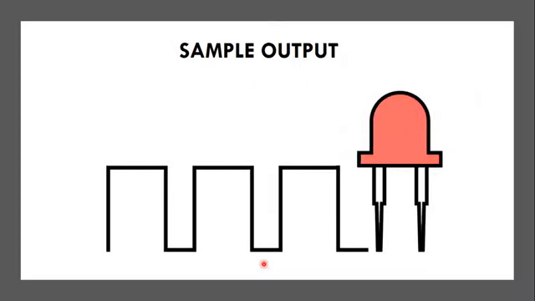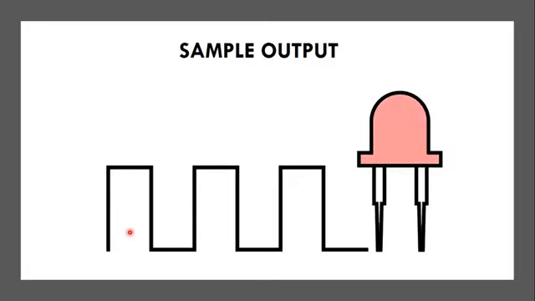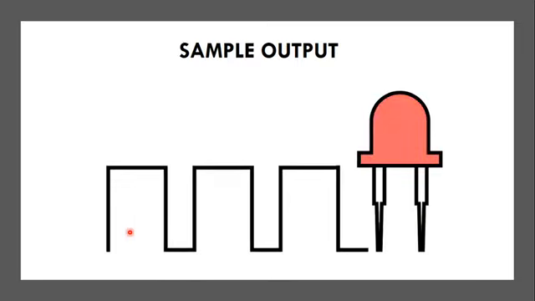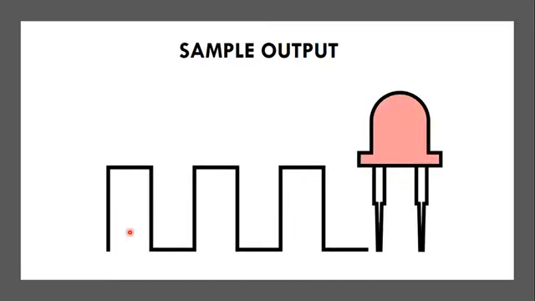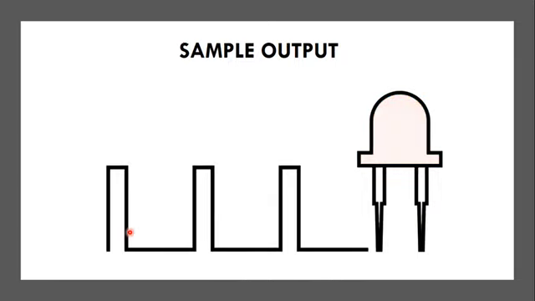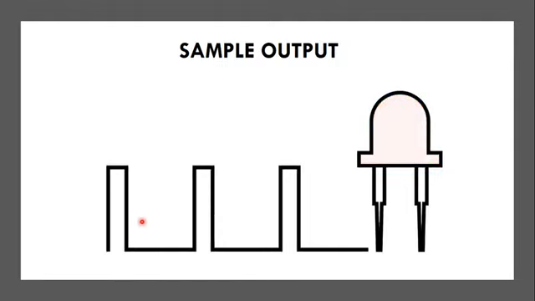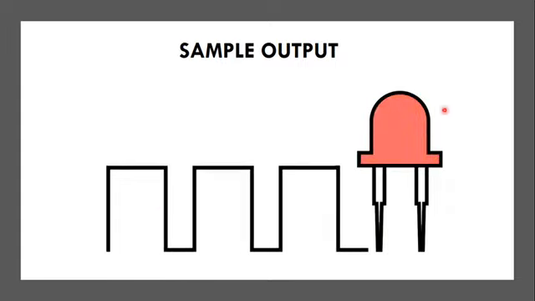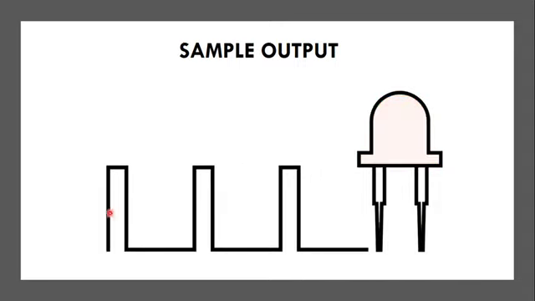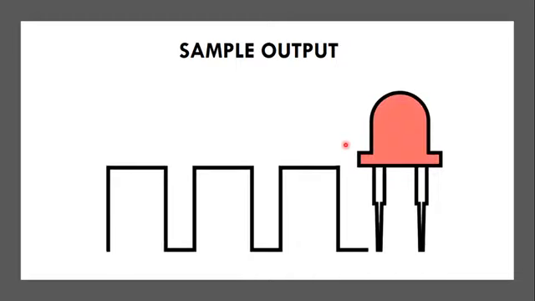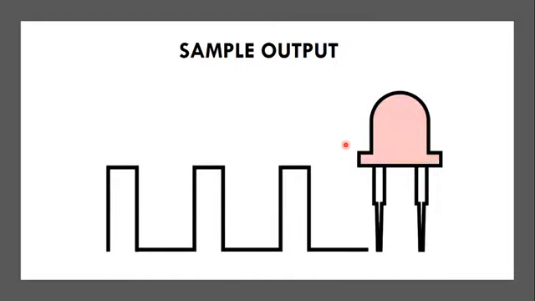So this is the sample output. As we can see, as the brightness increases, correspondingly the width increases. We increase the width to increase the brightness and we reduce the width of the pulses to reduce the brightness. This increase and decrease in width is controlled by the PWM pin of the ARM processor. If I increase the on time in the PWM pulse, the brightness reaches the maximum. If I reduce the width of the pulse, if I reduce the on time here, then the corresponding brightness of the LED decreases. So this is how any device can be controlled by using pulse width modulation.